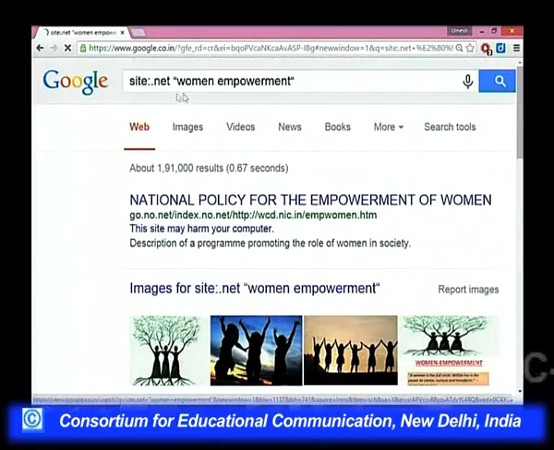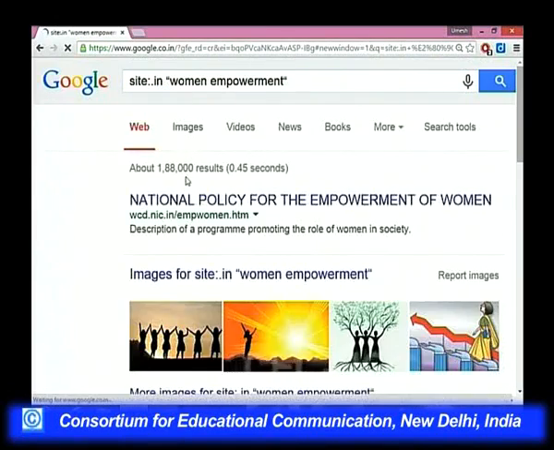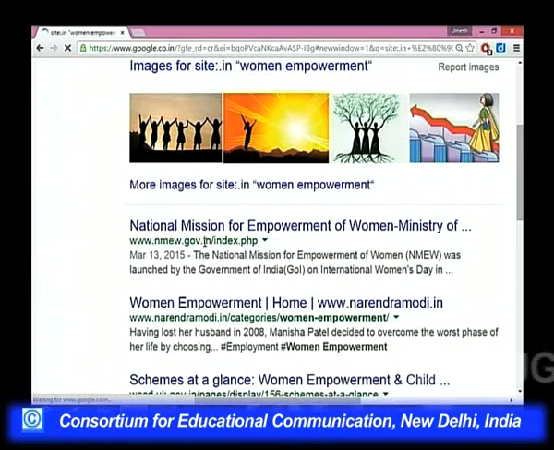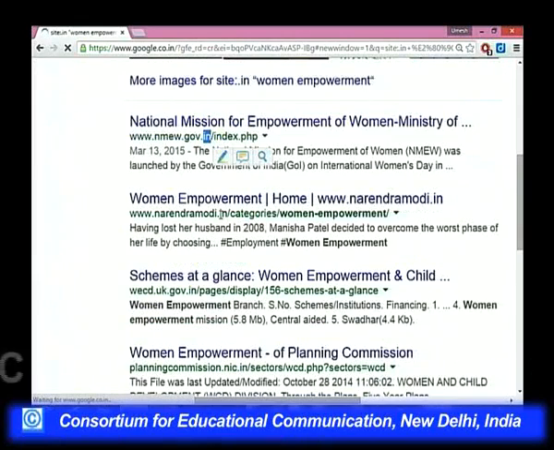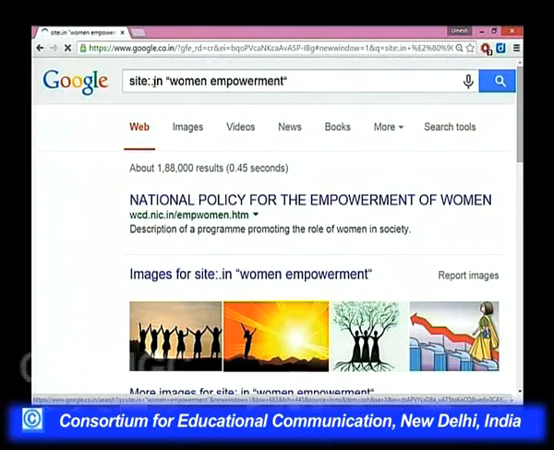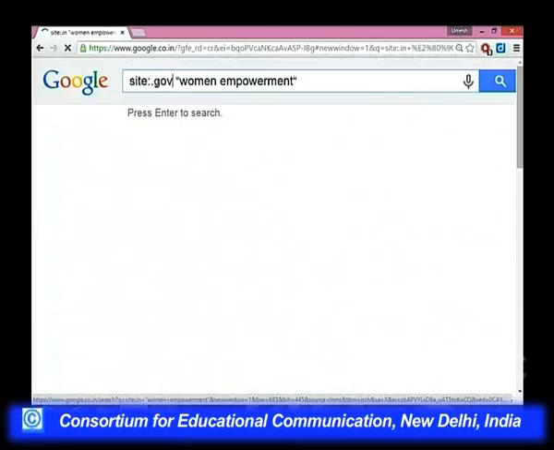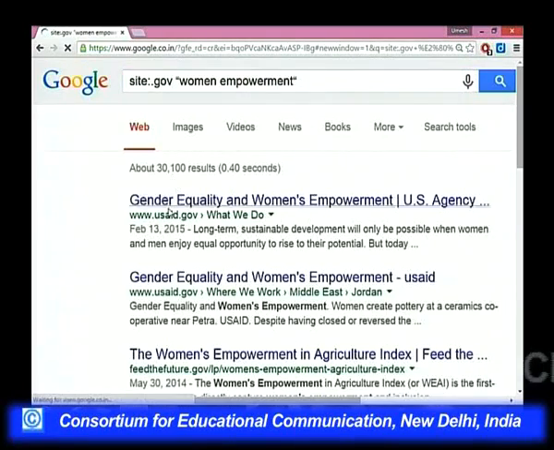All the .net domain is being searched. If you replace this by in, then it will search the in domain name, and if you replace it by gov or whatever you want to search for, then it will show it like this.